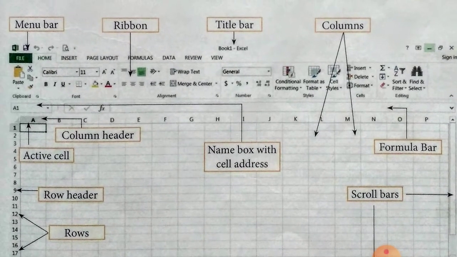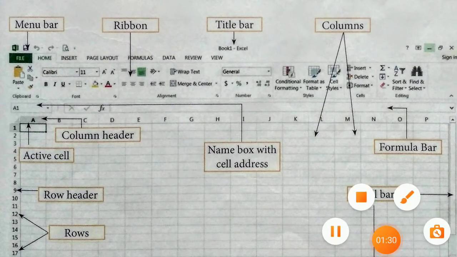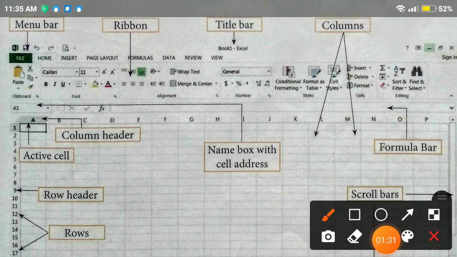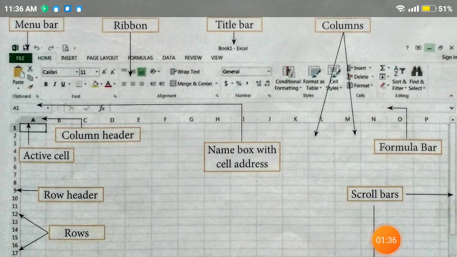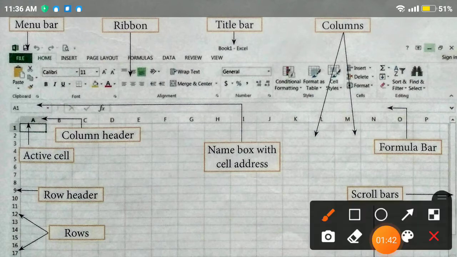This is the menu bar. This is the ribbon. This is the title bar.